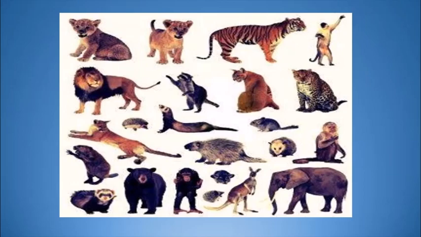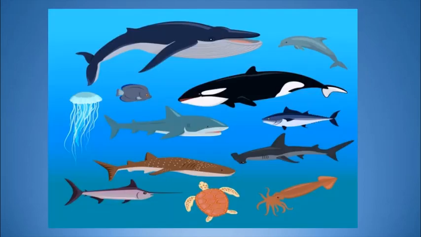The terrestrial animals. Next are the aquatic animals. So all the animals that you can find in the water, like the fishes, are called the aquatic animals. There are so many different types of fishes. Then there are so many different types of other aquatic animals, like the jellyfish. So all these animals, those who survive inside the water, are called the aquatic animals.